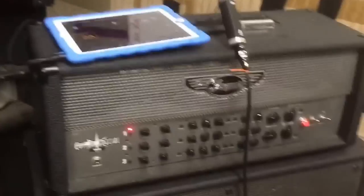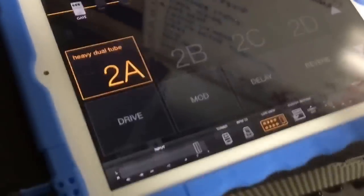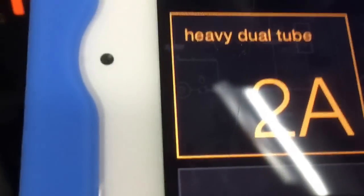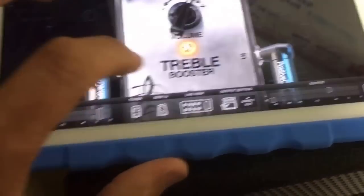So, yeah, it took a little bit. One of the things that I've noticed is at first, I was like, oh God, this isn't going to be so good. But after a little bit of tweaking, I got this thing sounding absolutely amazing. So most of the problems, when you first hook it up, is setting the level just right for your tube amp, if you're using a tube amp, that is. And getting an iPhone or an iPad stand. But most of my issues came from